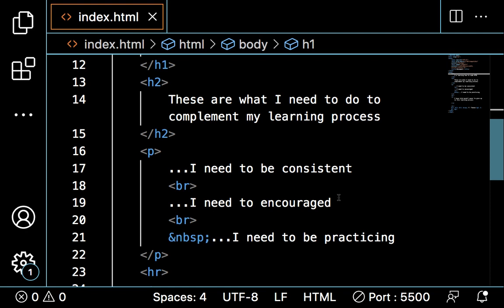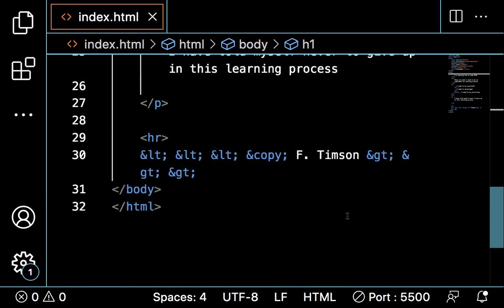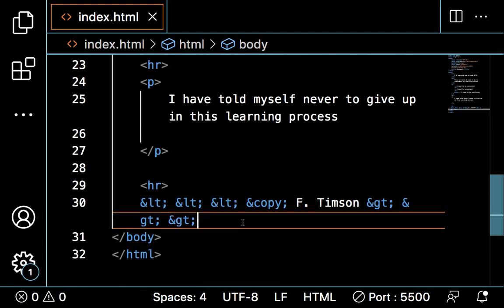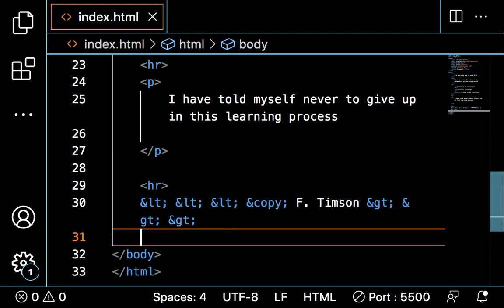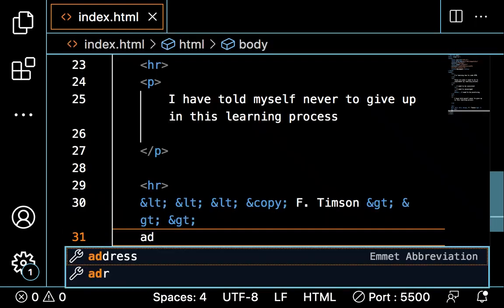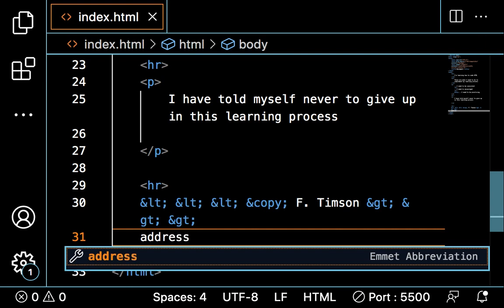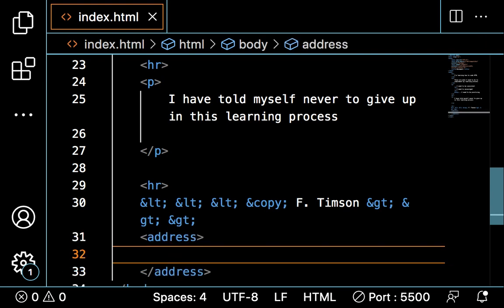So that being said, we're going to be moving to another element we should be thinking of, which is address. Let me tell you how address is used. Let's use it in an example. Let's say I want to create an address here. Of course, the address element is used, like say I want to say,